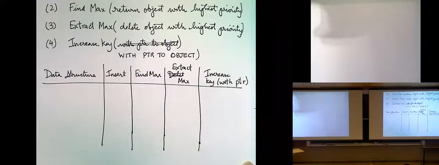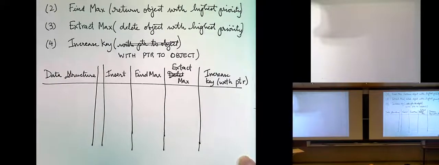Okay. Are we assuming the same thing with extraction? We find the max and then extract that pointer? You could also do it that way. But we don't have a generic delete with pointer. What you're saying is if you had a generic delete with pointer, then you could do it. But this is specific to the maximum, so in some sense you can optimize things even more. Okay. So let's start with